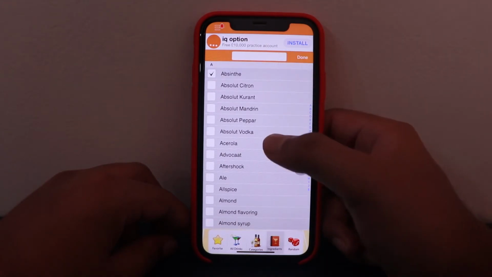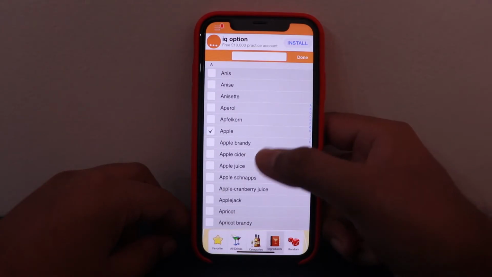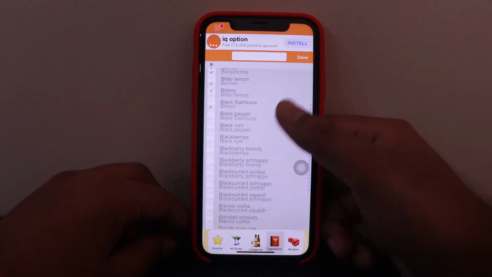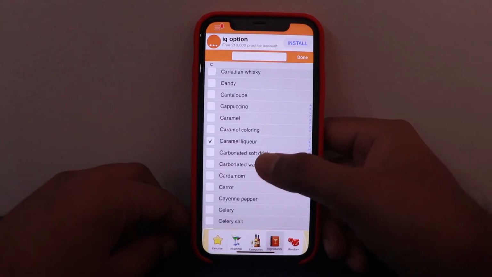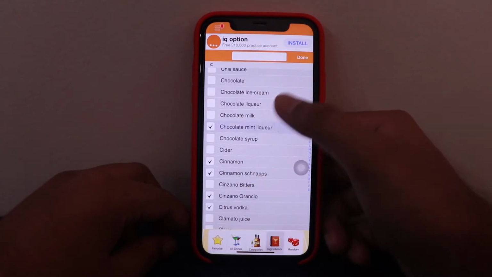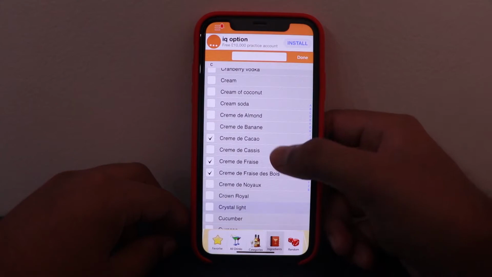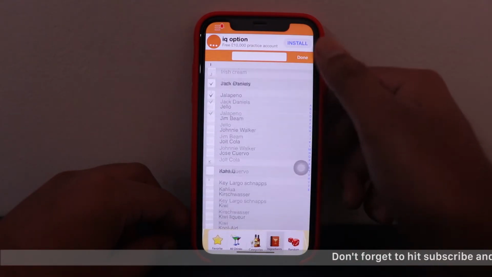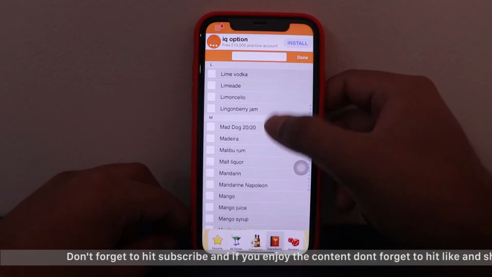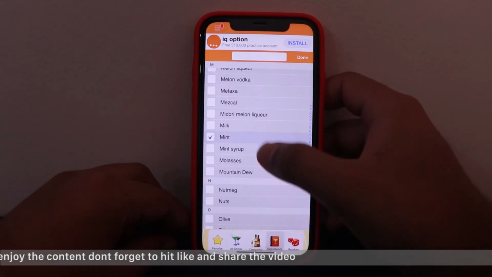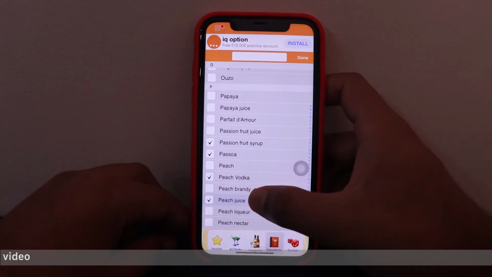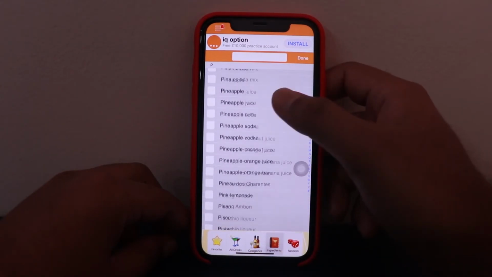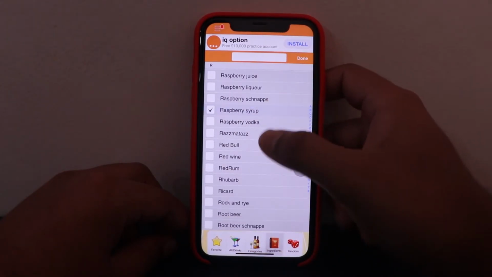If I select absinthe, let's just select some random ones. Because if you're having limited stock, you can't make a cocktail, because each cocktail has some or other requirements which you need.